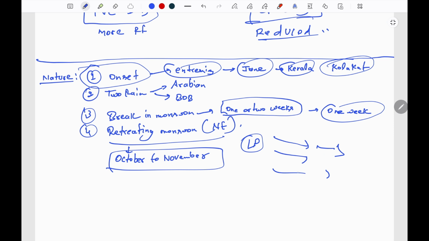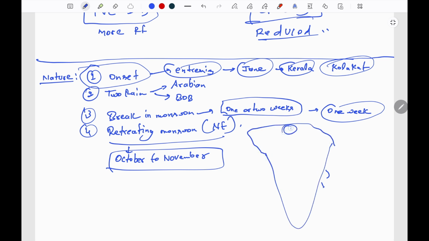And this northeastern system, moving from North India, will pick up the moisture from Bay of Bengal and cause rainfall in Tamil Nadu coast. So this Tamil Nadu region receives the maximum rainfall from this northeastern monsoon. Now one thing that we have left is pre-monsoon showers